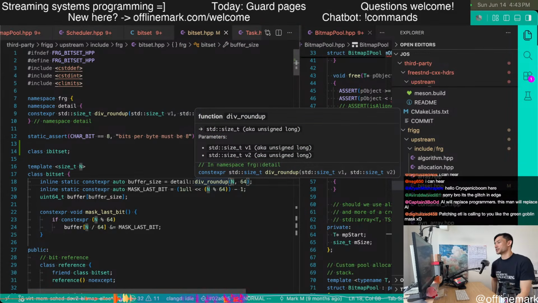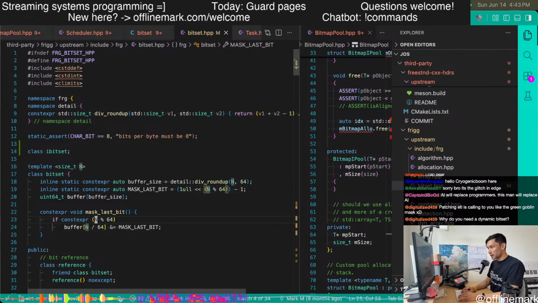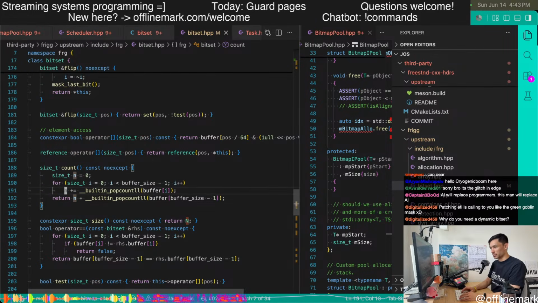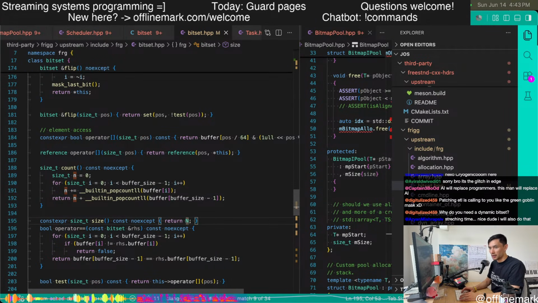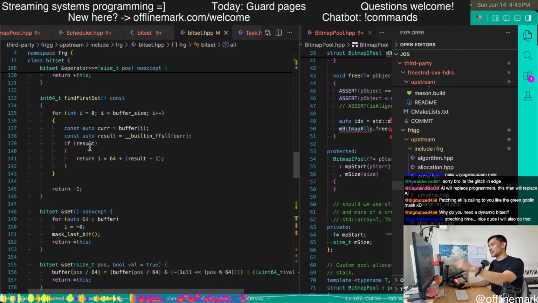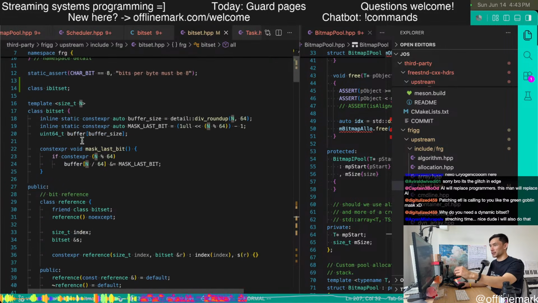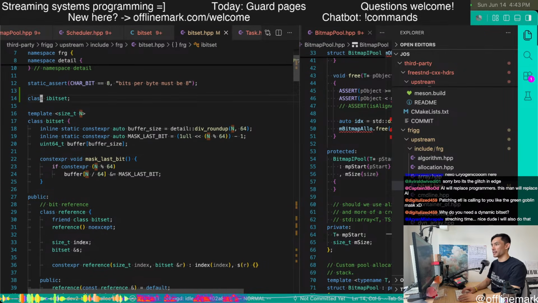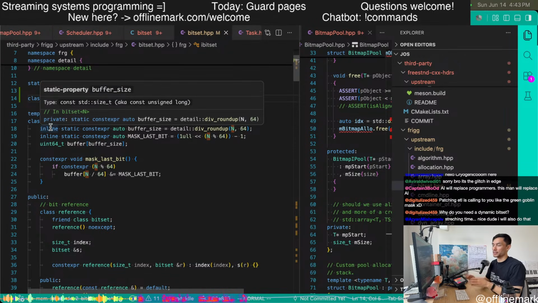All right. So we can see that this n is sort of proliferated all throughout the implementation. Instead of doing that, we're just going to have an I bit set that has a member variable for the size.